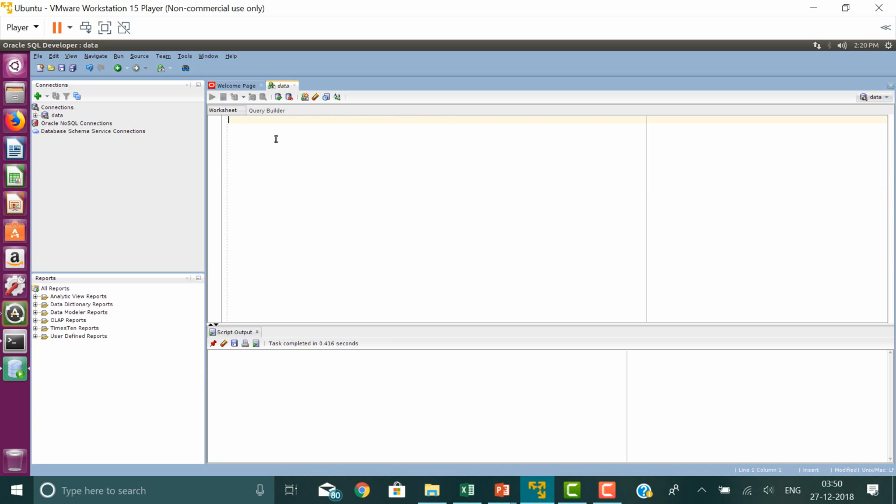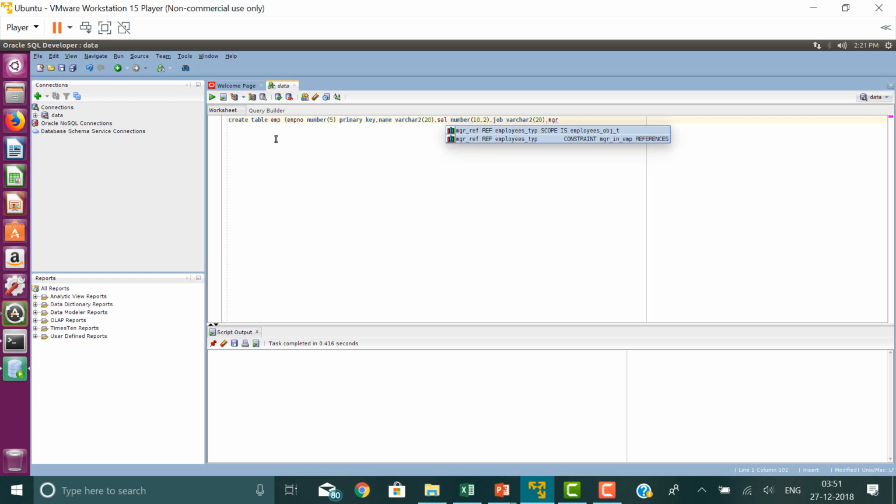In case I want to create a more detailed and useful employee table, I can say create table EMP and I'll pass my arguments as EMP number 5, primary key, name as variable, data type as varchar2, 20, salary as variable name and data type as number, 10,2, job varchar2, 20,